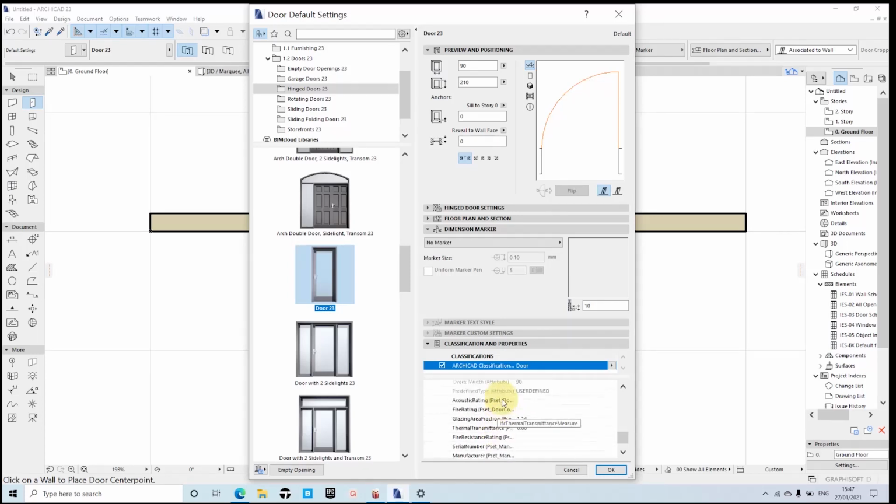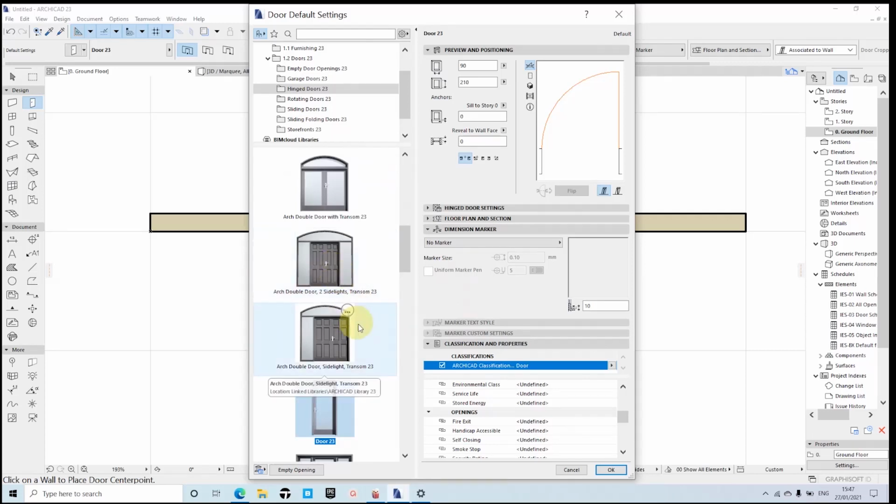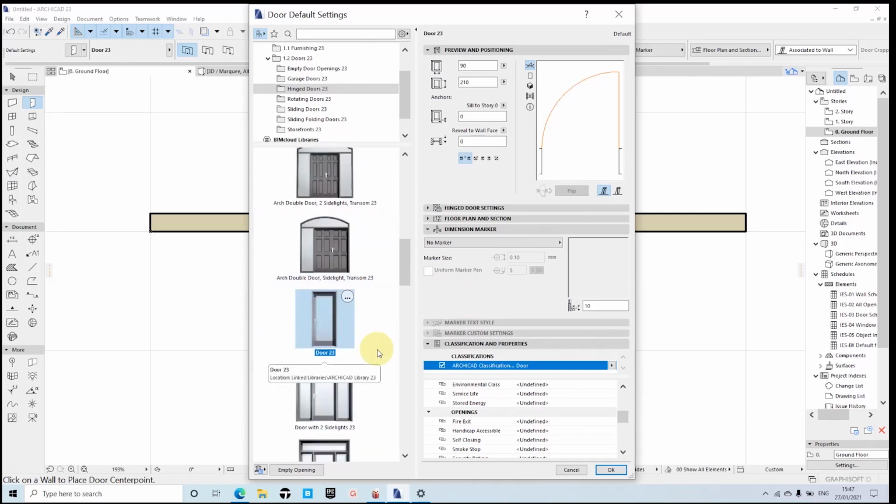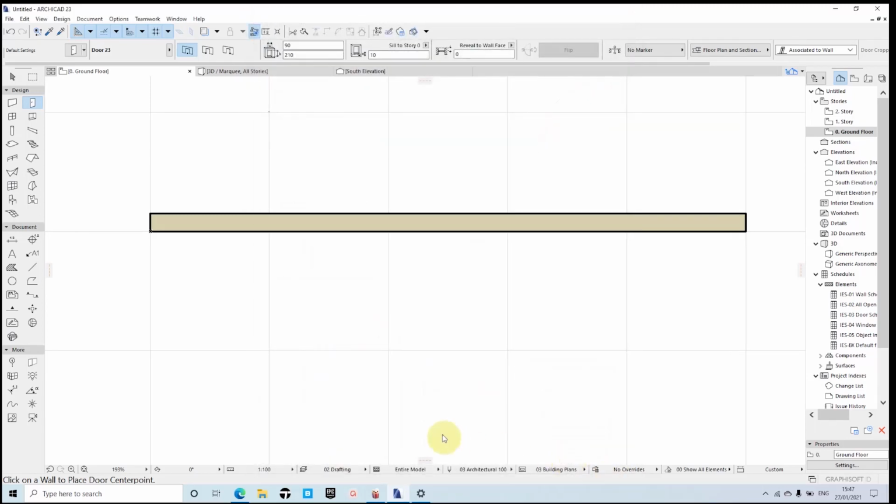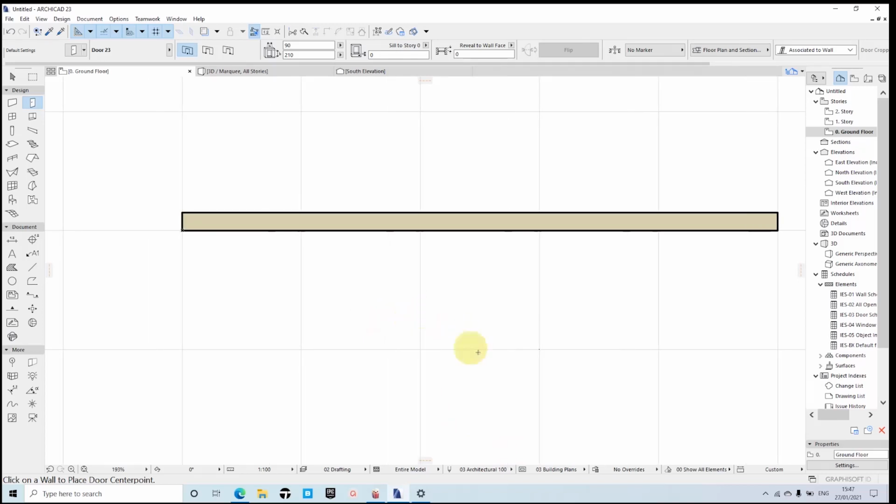And I hope we shall see them in our later tutorial. For now, let us leave it as we have set them and click OK, and then we are able to